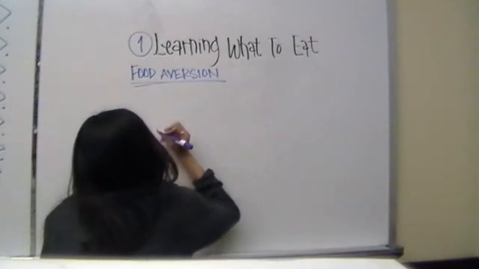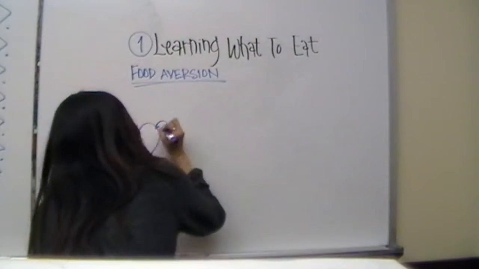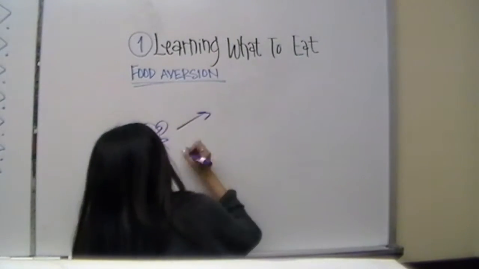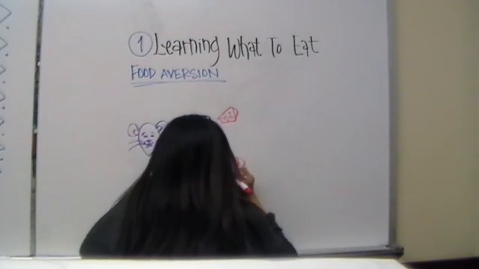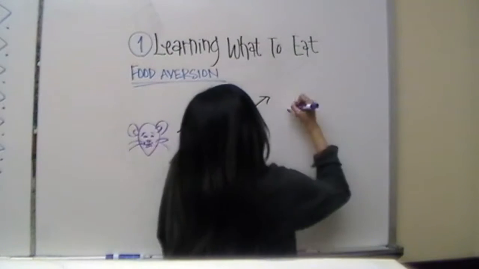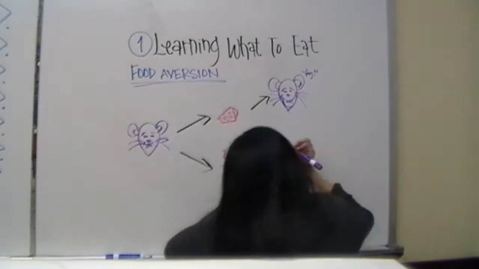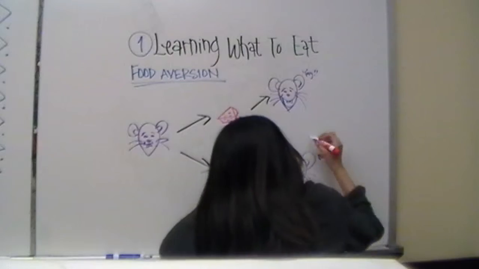He did this, for example, with rats and their food to test the idea of food aversion. He began with a rat that was hungry. In this example, we say that the rat is hungry for cheese. If the cheese was not poisoned, we would see a rat that is happy and will go back for more cheese. However, if the cheese is poisoned, the rat will, after a certain amount of time,